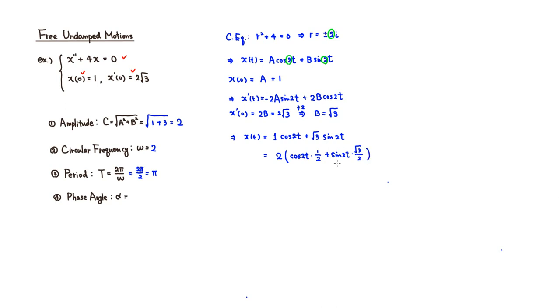We can rewrite it: remember that we look at this as the cosine of alpha, and this as the sine of alpha. Then we can make it look like this: you have a 2, which is the amplitude, and cosine of 2t minus alpha, where